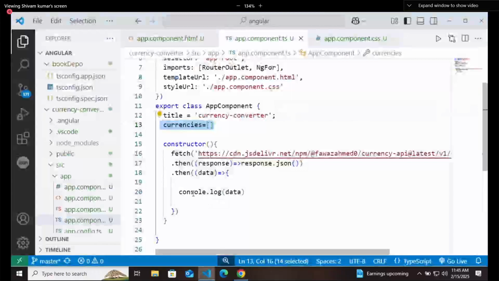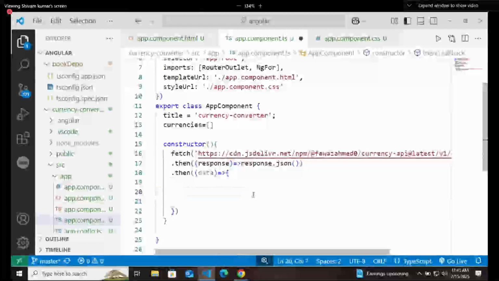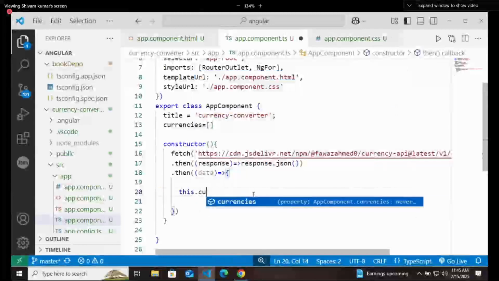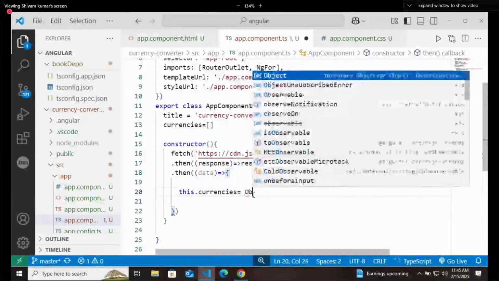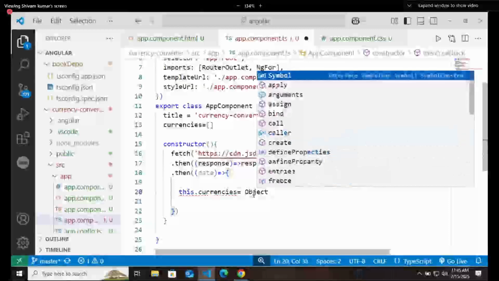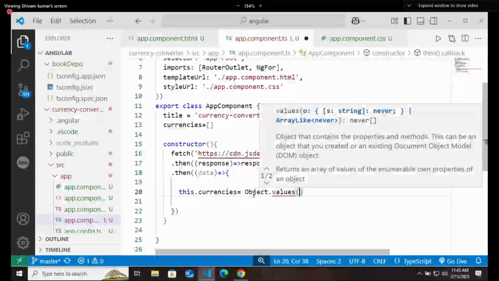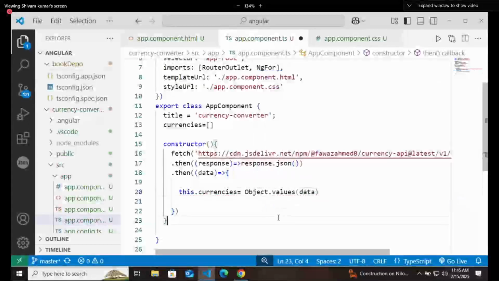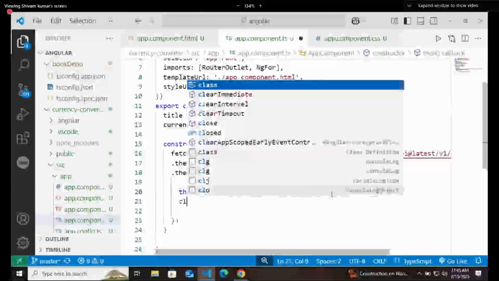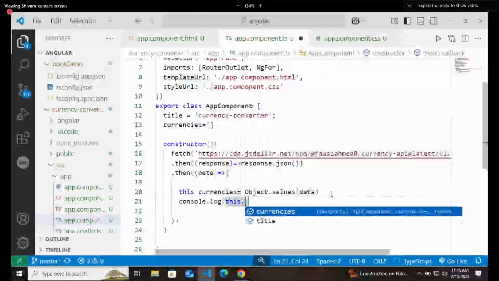Same thing you need to do here. This data is an object. So I will say this dot currencies is equal to Object dot values of data. And after that we will print this dot currencies to console.